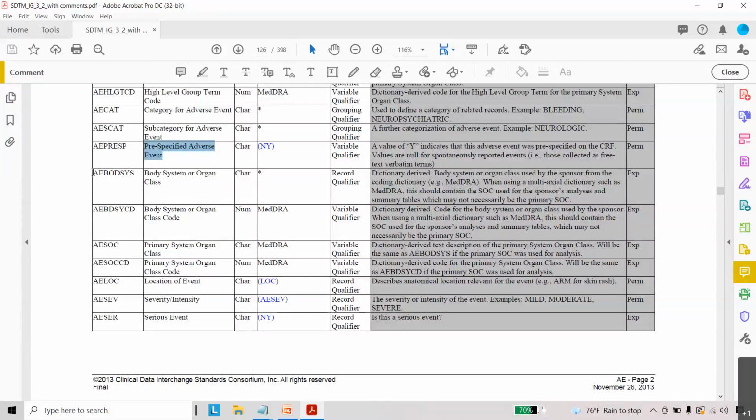Coming to the next variable, AE body system, so body system or organ class. If you see here, it is the dictionary derived body system or organ class used by the sponsor from the coding dictionary.